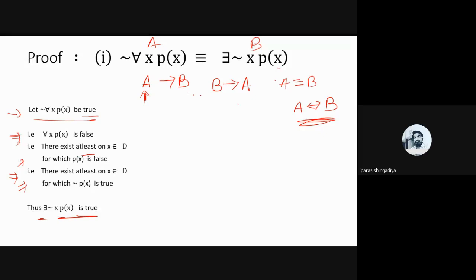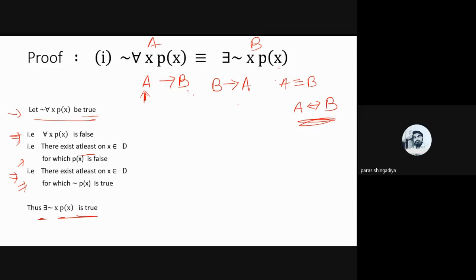Here we just apply the definition only. There is no other criteria required there. We just apply the definition and operator rules, negation operator and so on. Okay, again I repeat that. How can we prove that? We have the logical equality condition between them. So how can we prove that?